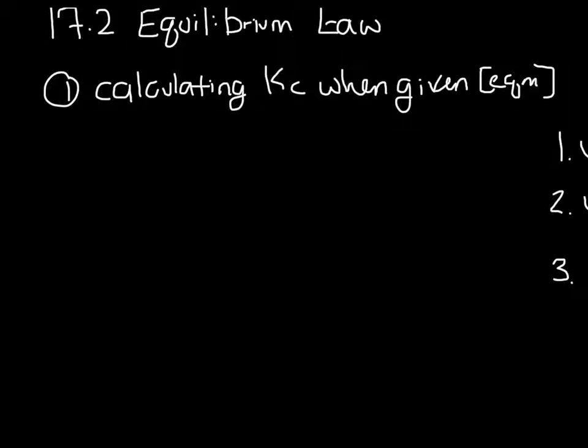7.2 is about the equilibrium law. So in 7.1, we were introduced to the concept of the equilibrium constant, Kc, and discussed in qualitative terms what its value tells us about the composition of the equilibrium mixture. What we're going to look at now is the quantitative version, so we can actually see what the concentrations look like at equilibrium, initial, what is the overall change, so on and so forth,